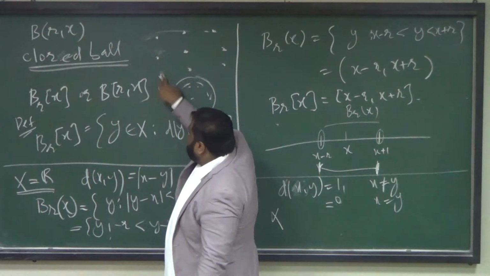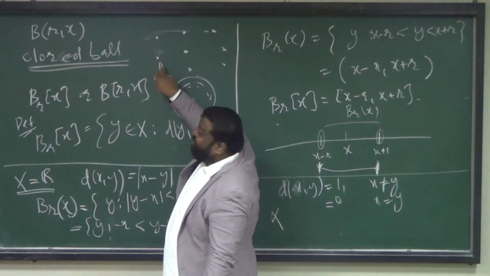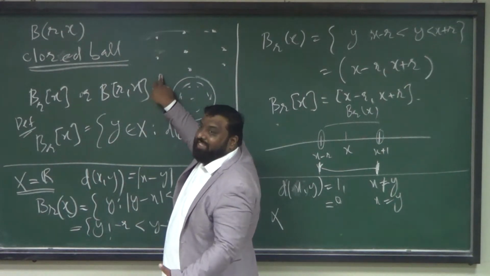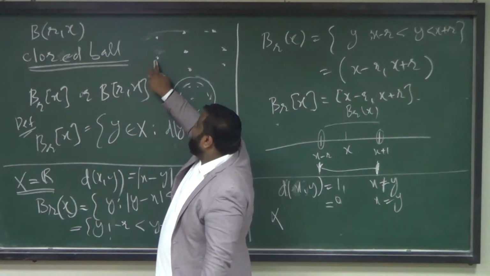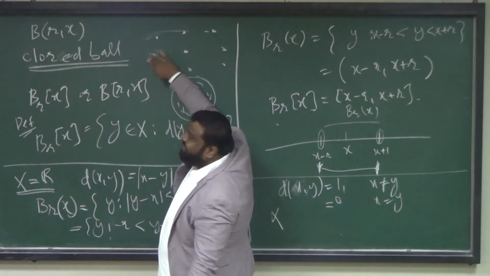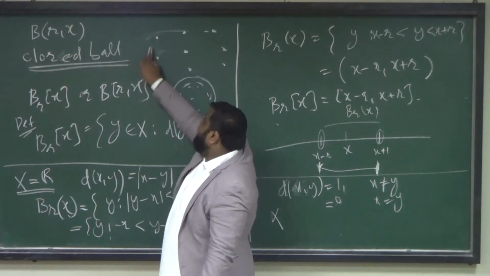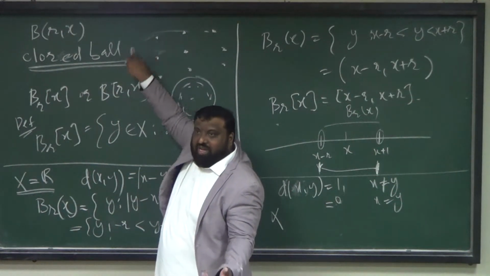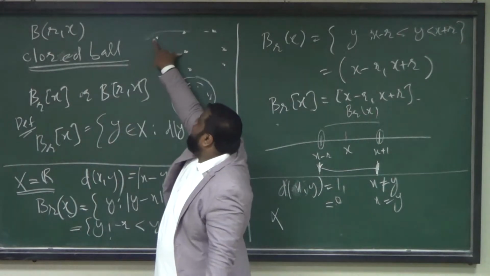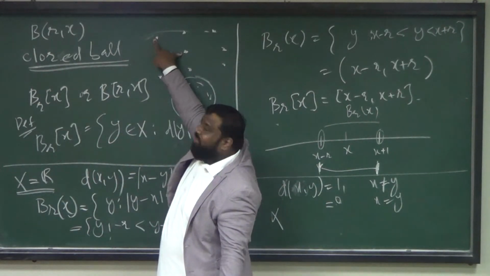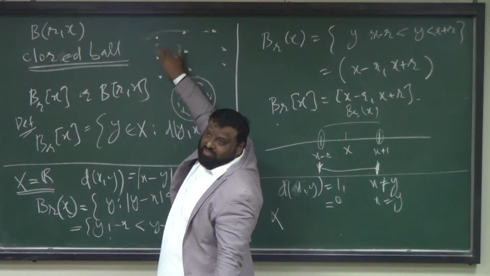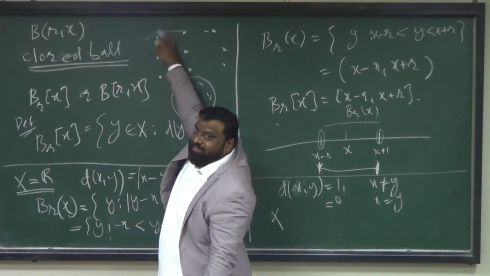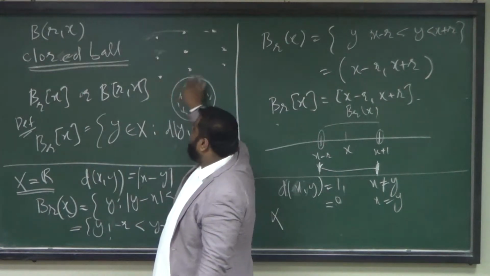Okay, so this picture at the moment gives an illusion that maybe the distance between this point and this point is 2. It's not the case actually. In discrete, you should have all points arranged in such a way that you take any 2 points, the distance should be always 1 actually. So like I take these 2 points, the distance should be 1, and these 2 points, the distance should be 1, and so on and so forth. Okay, so it's roughly a picture of this kind of a space, but